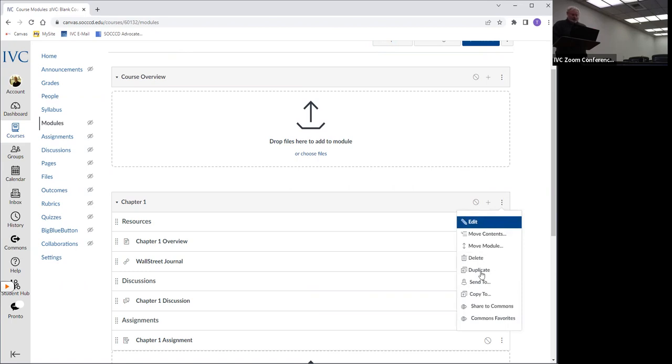I already talked about duplicate. You can send to and copy to. So send to is sending this module information to somebody else. It does not include the assignments, the discussions, and the quizzes and the pages, but it will include the headers, the links, and stuff like that. So you can send it to another instructor, another faculty member. The other